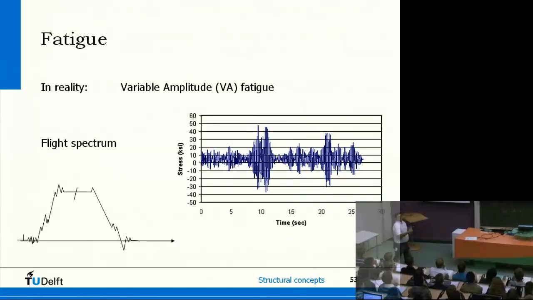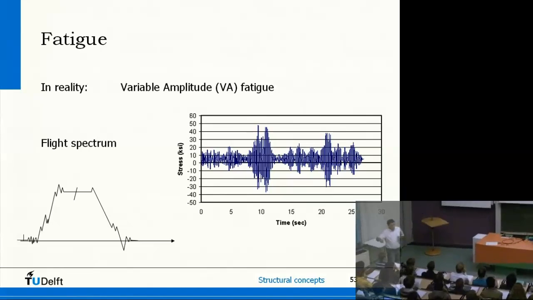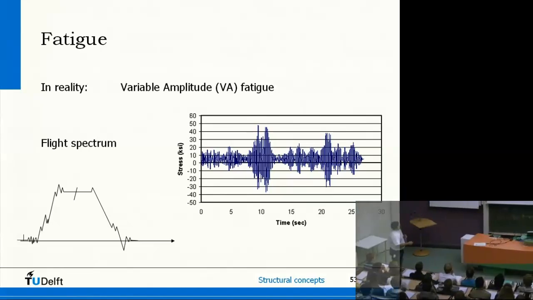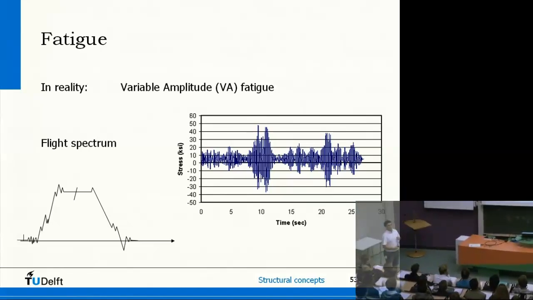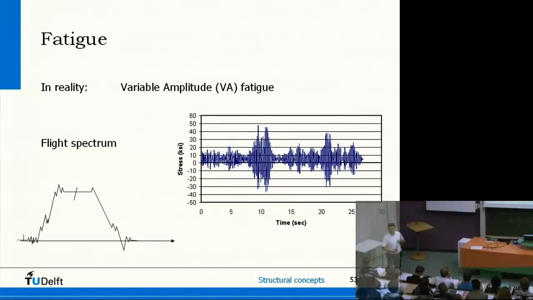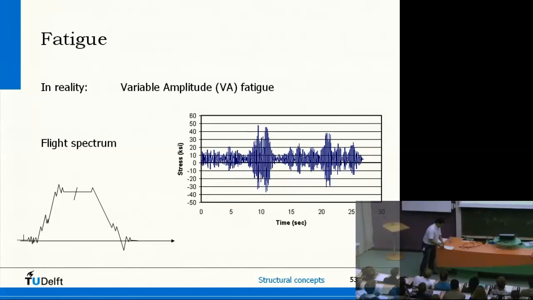Fatigue usually does not come in a constant rhythm. Usually you have all kinds of spectra, as we call it. Well, later on in the studies you will learn more about this, that you have variable fatigue, you have spectra. Some of these cycles you can ignore, and some of them are maybe small but very important. And how to learn and how to notice these will be told later.